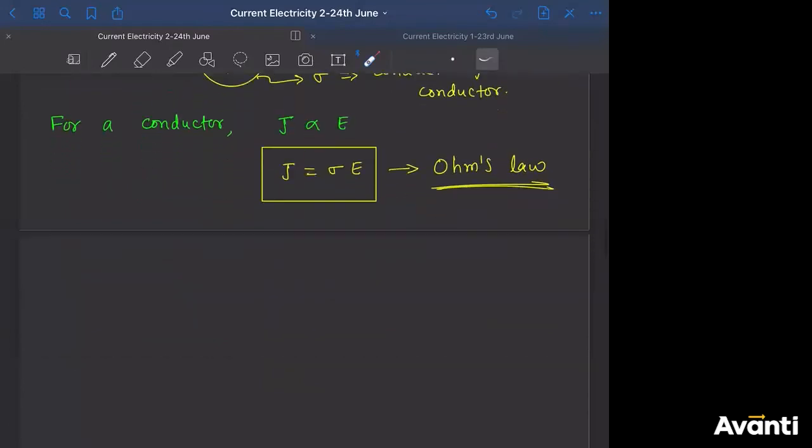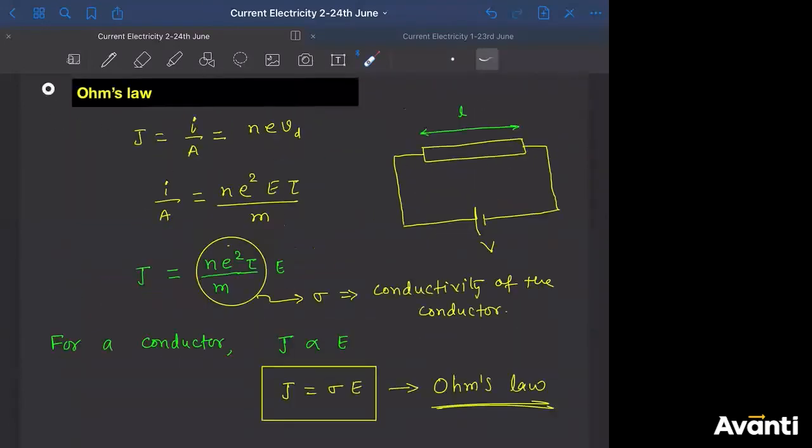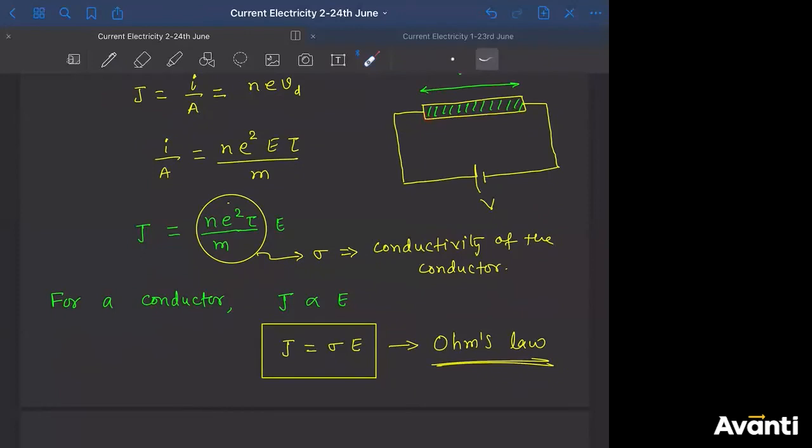Let us find out. For that reason, I have considered this as the conductor. Okay? Let me say this is that conductor I'm talking about. अब बताइए, if this is that conductor, tell me what will be the external electric field that will be present here because of this battery. You have already answered. What is that? That will be V divided by L, right? That will be V divided by L.